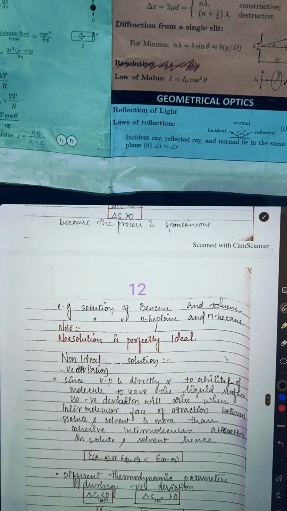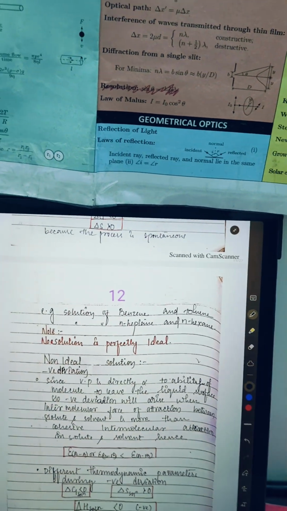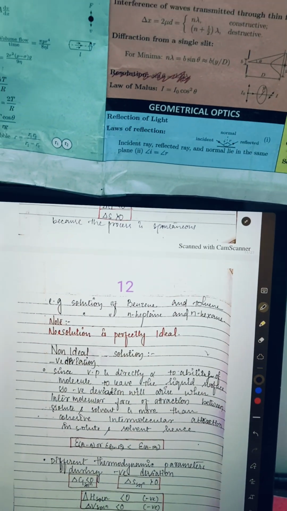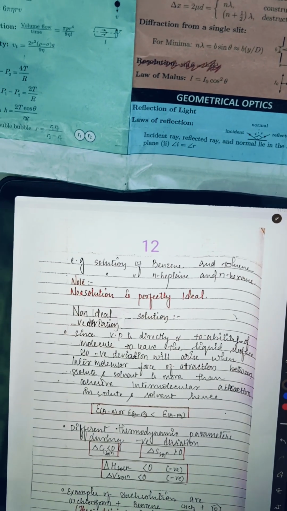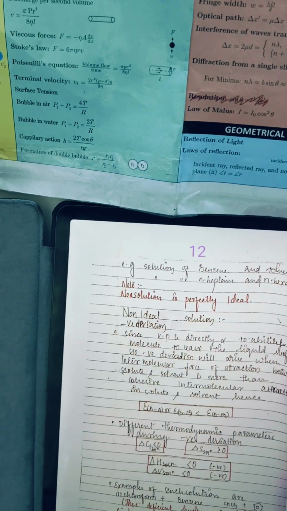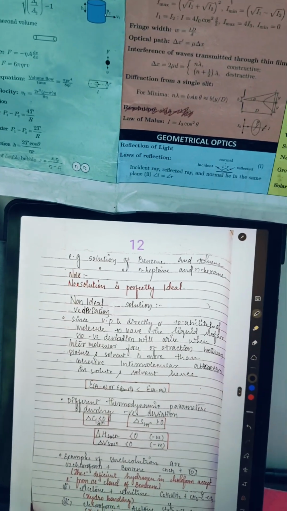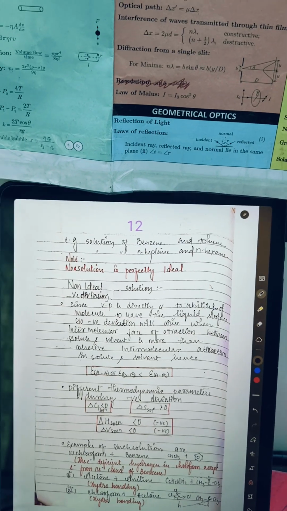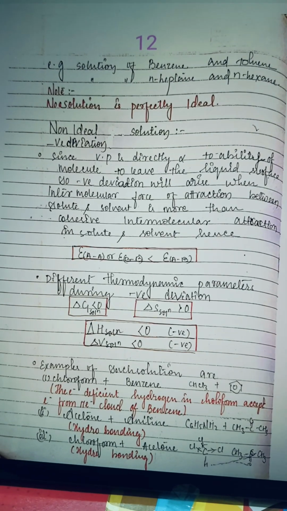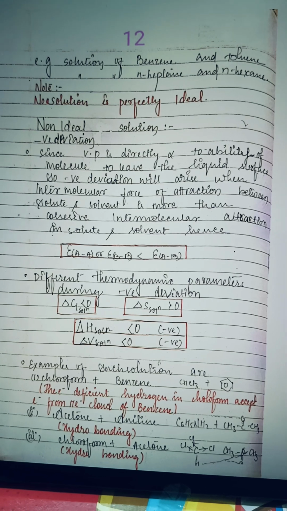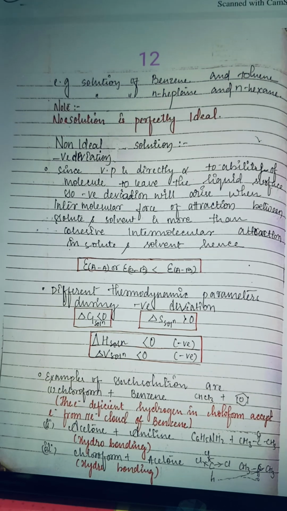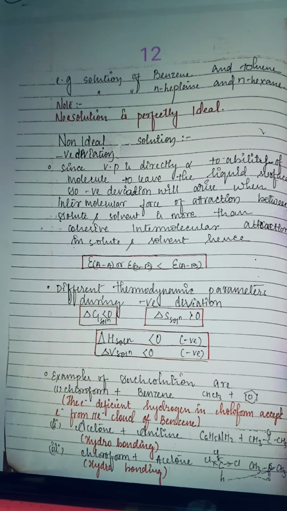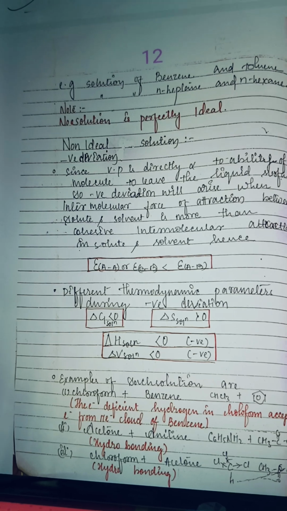What is the solution of benzene and toluene? Examples are benzene and toluene, and n-heptane and n-hexane. No solution is perfectly ideal. Non-ideal solution: negative deviations in vapor pressure. Vapor pressure is proportional to the ability of the molecule to leave the liquid surface, so negative deviation will arise when intermolecular force of attraction between the solute and solvent is more than the cohesive intermolecular